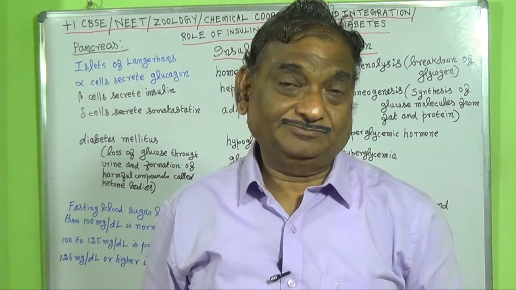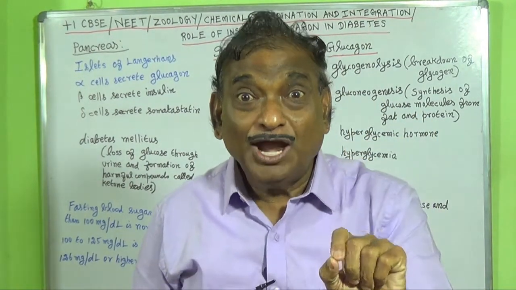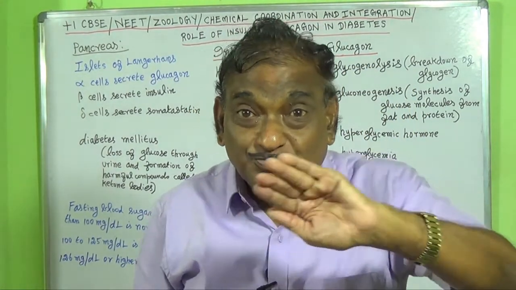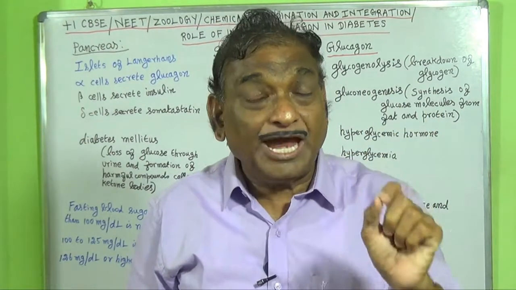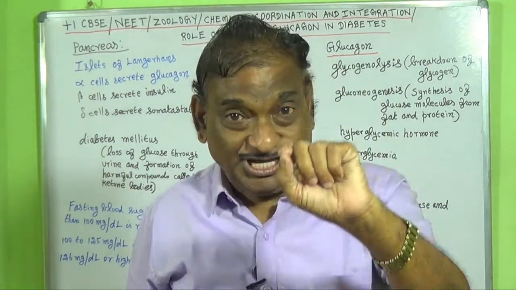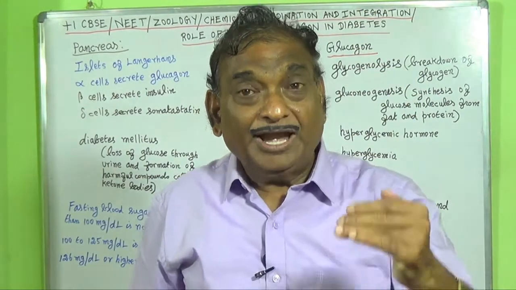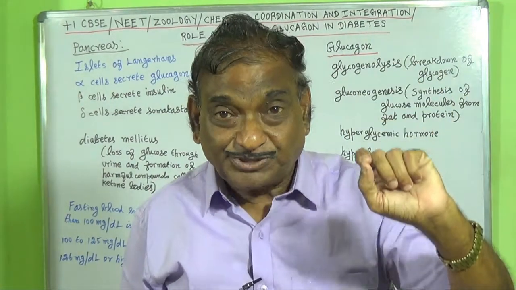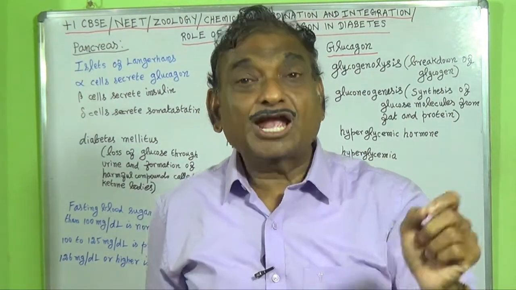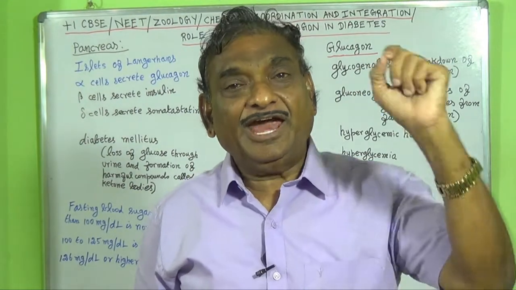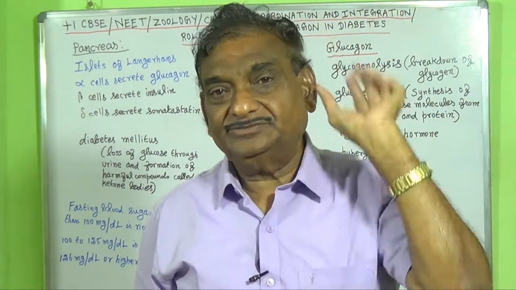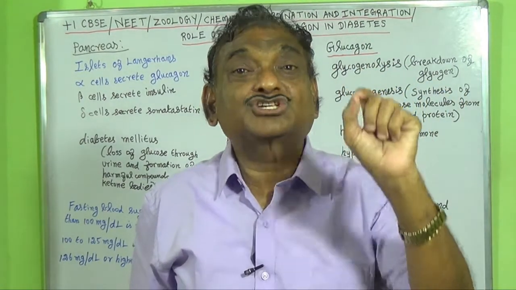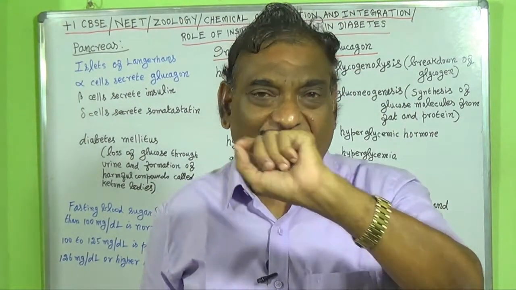so that the insulin is not synthesized by the beta cells. In the case of type 2 diabetes, the body does not respond to the insulin. We can prevent the type 2 diabetes. Both cases of diabetes cannot be cured, but at the same time they can be controlled by diet control and medication. If there is prolonged hyperglycemia, that condition is called diabetes mellitus.